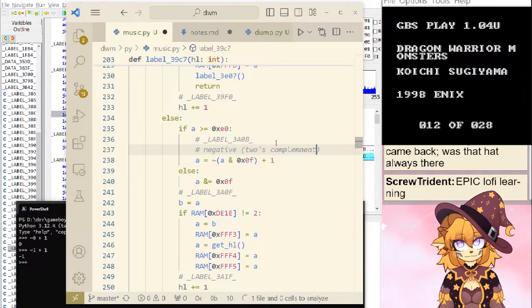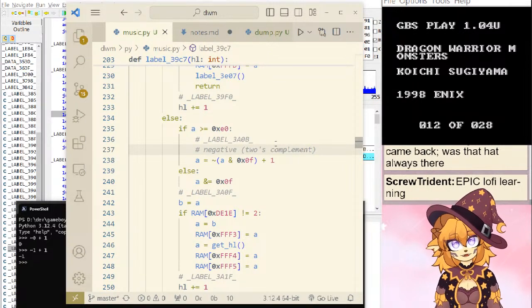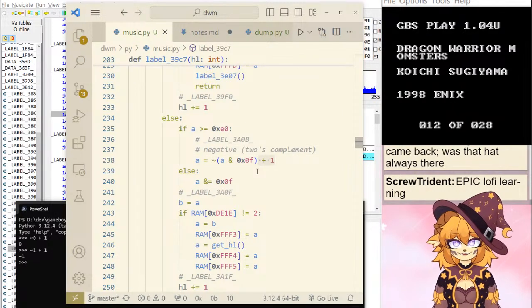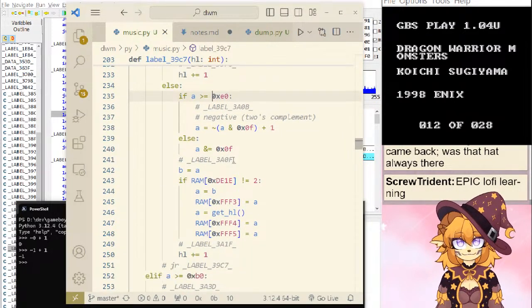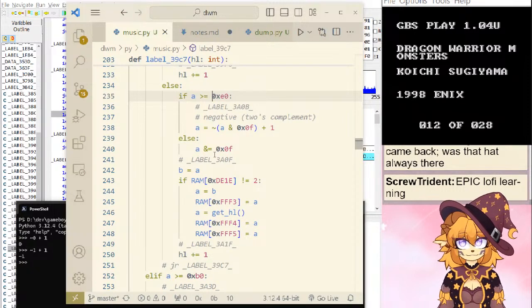Two's complement. Two's complement is a fancy name for taking the negative through binary. One's complement is this one, just this part. And then for two's complement, you add +1. Fancy names. Gotta make computer scientists feel like scientists, right?